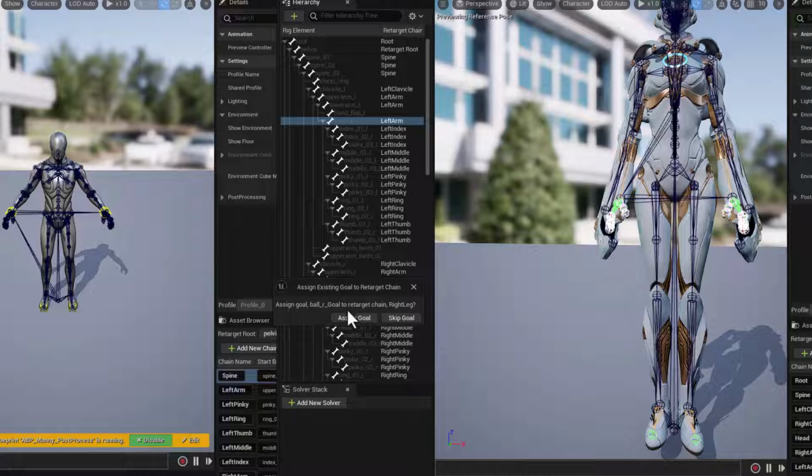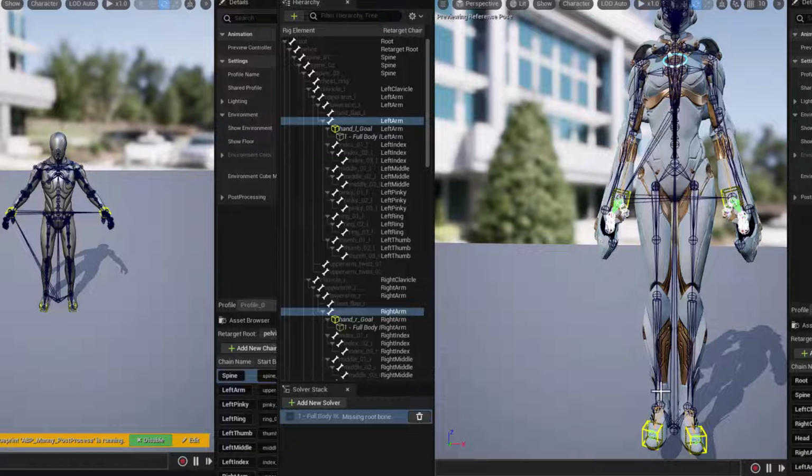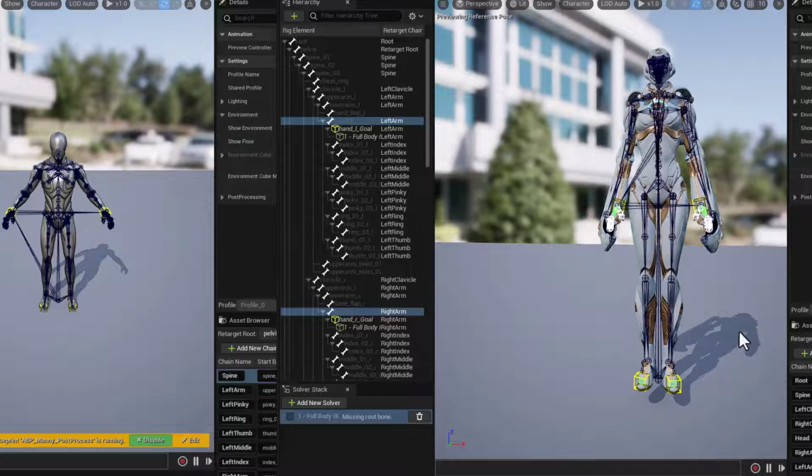And then it's going to recognize that each one of these joints is at the end of an existing chain. So it's asking, should I add that goal to each of those chains? And well, yes, I would like you to do that. So I'm just going to have to do that once for each of those joints. And now I've got all 4 goals set, and everything's nice with that, except for our